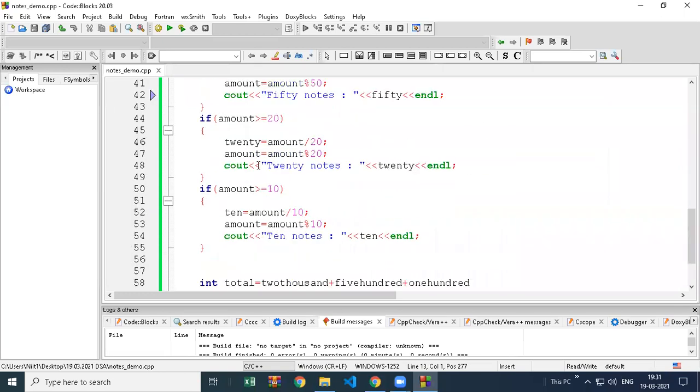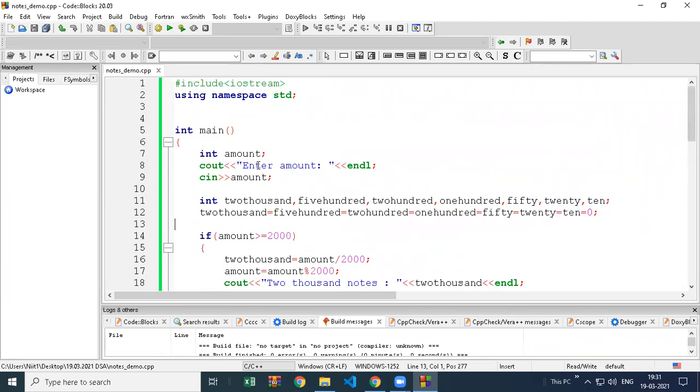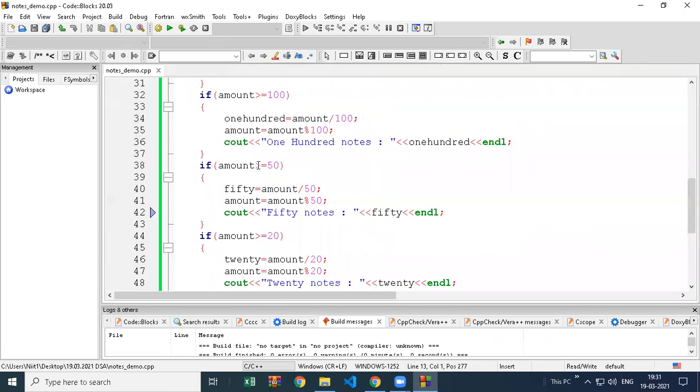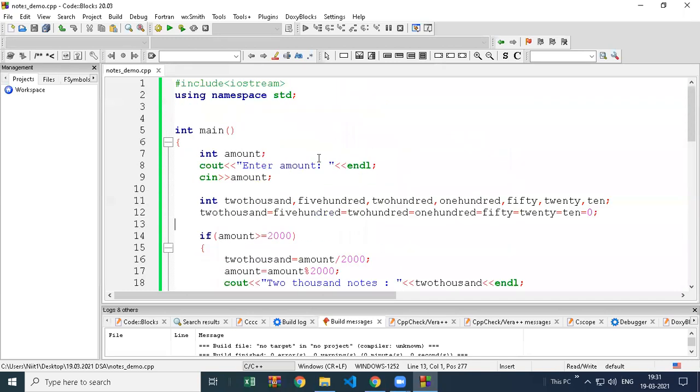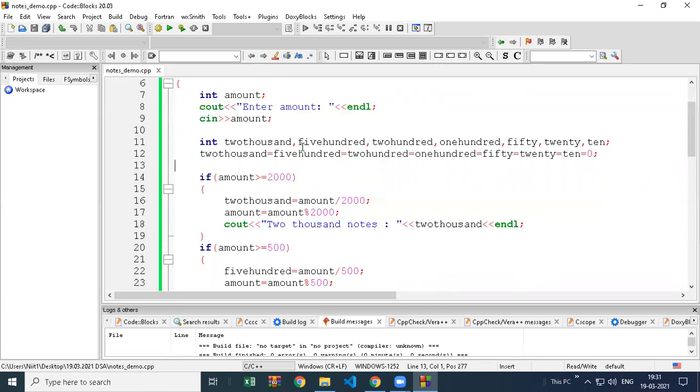Now you can try to reduce code, but first does anyone have any doubt here? So this is my logic. If you have tried this using different logic, then also no problem. If you try subtracting the amount or something, that is also correct. You can try different ways. So I just tried this option. There are different options. Like one time when I tried this demo, I subtracted a value or something.